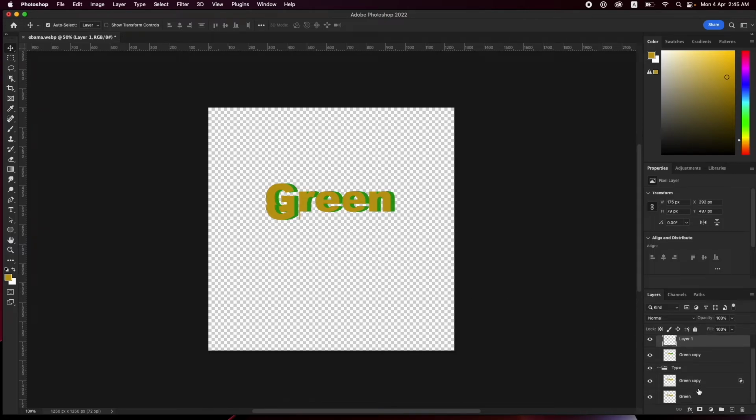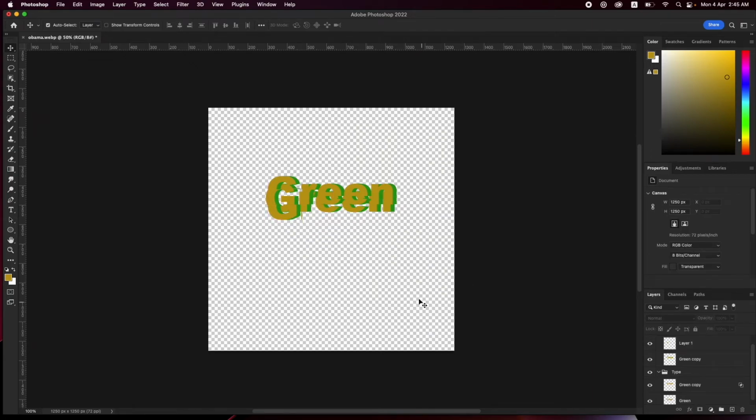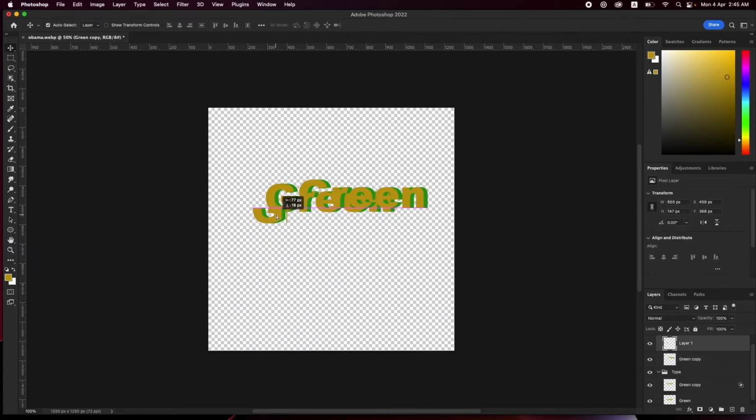It doesn't work as well as it does with photos. Obviously it will look way better with photographs. But you can still play around with type. So you can see here, I created this glitchy effect. You can move stuff around to create your own glitch type look. And it just looks way better than